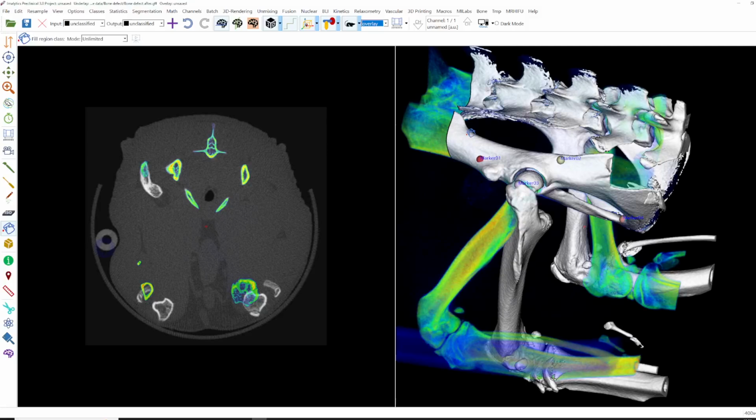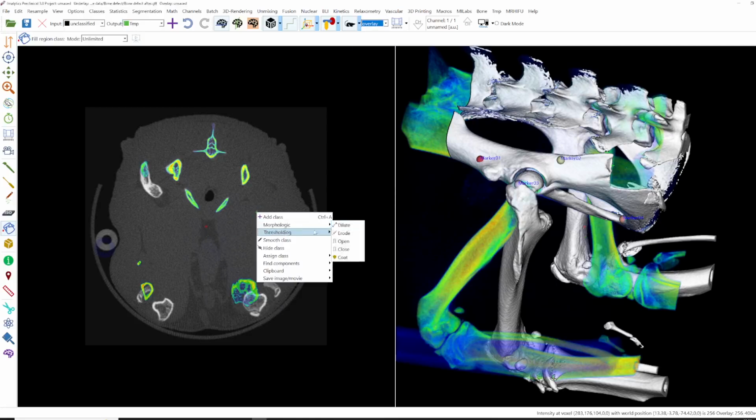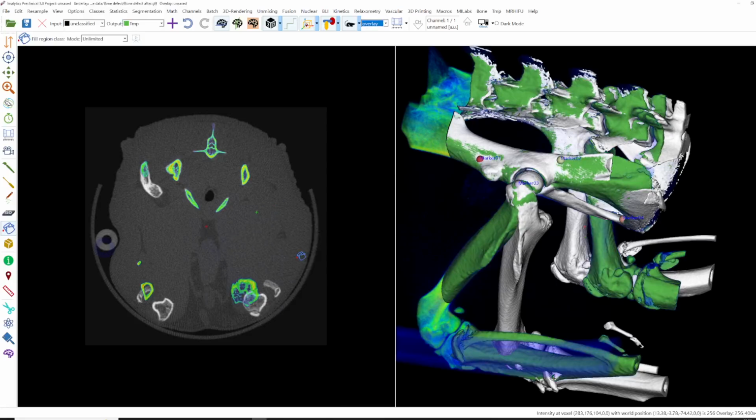And now we want to segment the missing bone or the bone that was removed, and therefore we will add a class temp. Perform a thresholding again on the overlay this time above 2000. And you see that also the missing part was segmented as temp.